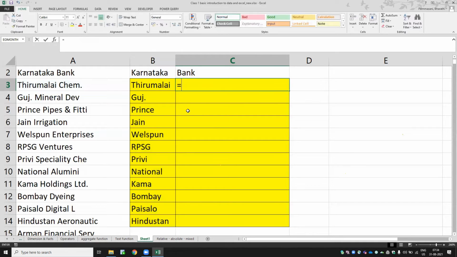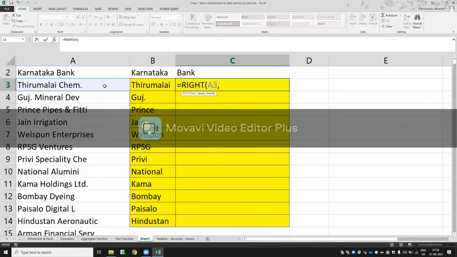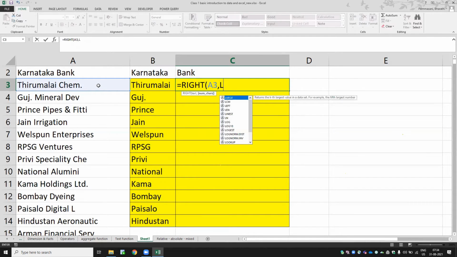Okay. Similarly for the RIGHT function, first I have to select the text, comma, how many characters? From the right hand side, I need characters, right? So what is the total length formula? We have to use the LEN formula to find the total length. In this total length, I have to remove everything till the space.